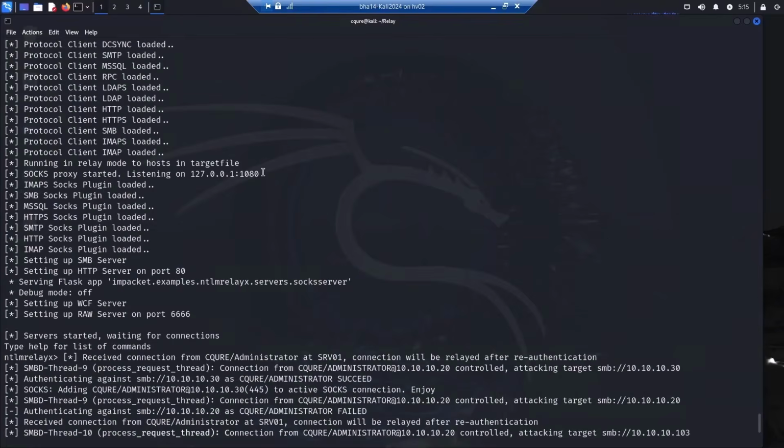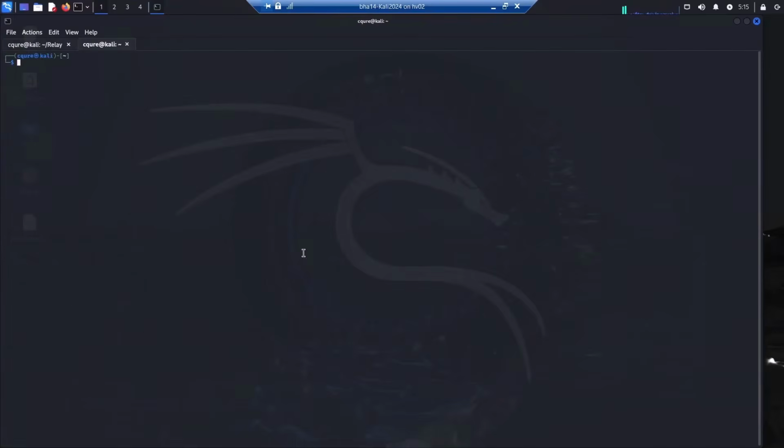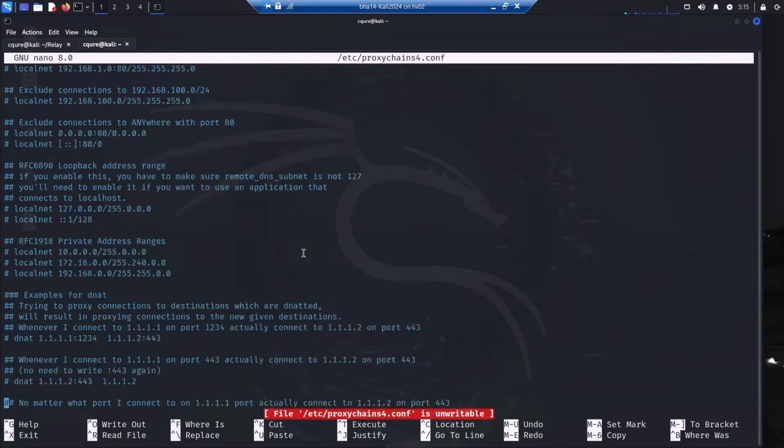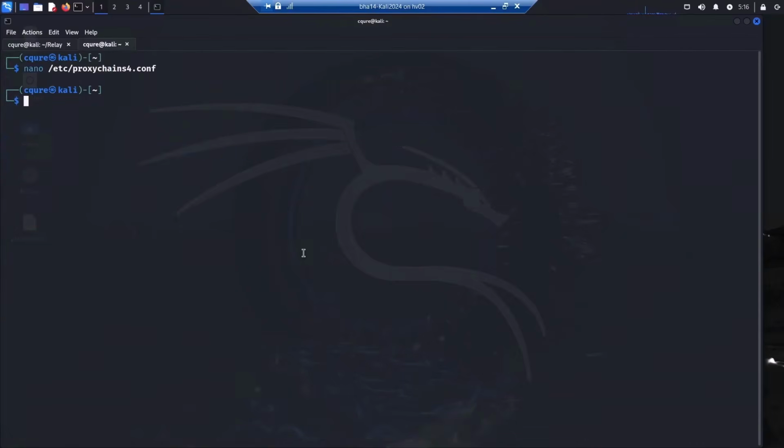First, we need to see and set the proxychains to port 1080 as you can see here. We open a new console, but do not close this one, and edit the /etc/proxychains.conf file, so the config file, and go to the very bottom and add this line and save the file. And here it has already been added earlier. So now, using proxychains, we can, for example, use CrackMapExec as administrator on the host 10.10.10.30 to which